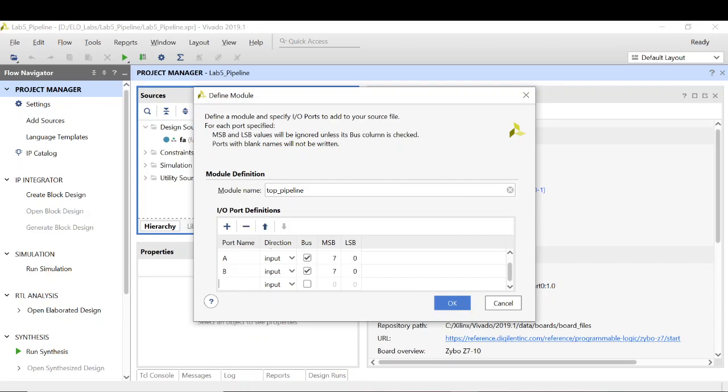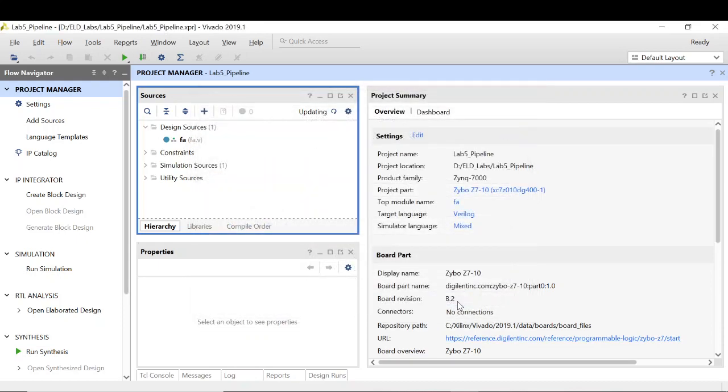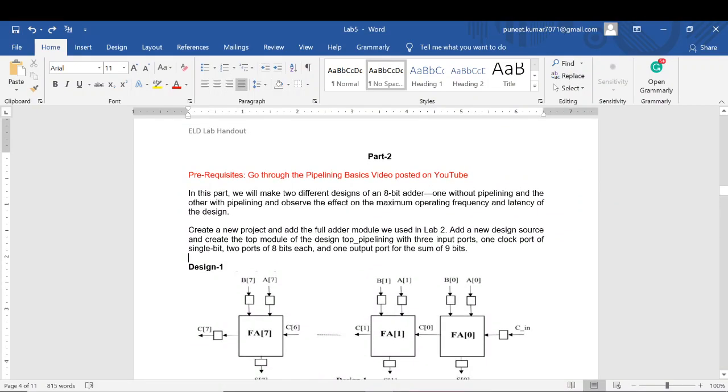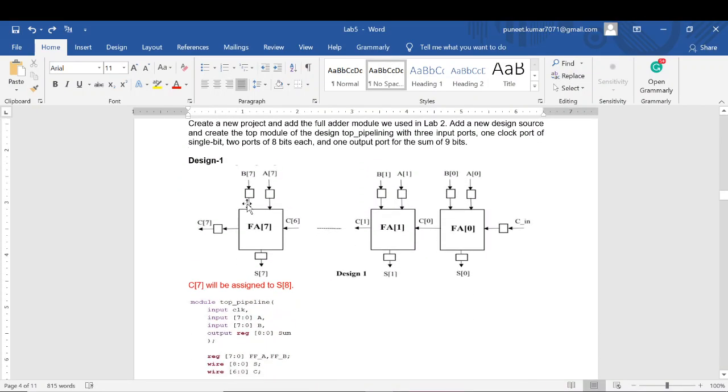Output, there is only one output port, that is just sum, and that can be 9-bit long. Alright, so the first design that we need to make should look like this. So what's happening is we are inserting flip-flops at the input ports as well as the output ports.